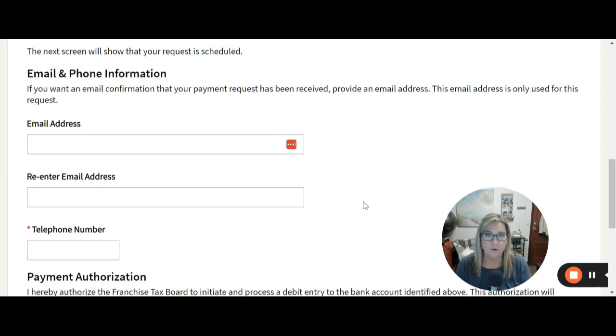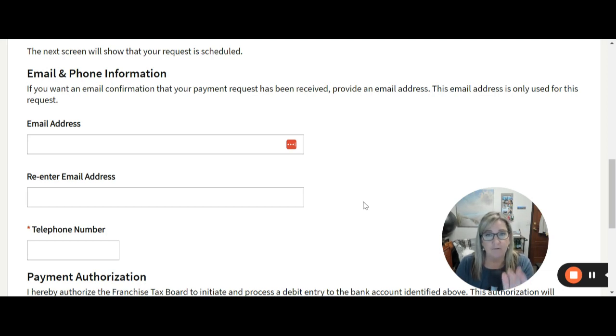Once you've entered your bank account information, it will take you to this screen. Now, I have scrolled down because all of my personal information is on the top of this page. So it will give you everything you've entered to confirm and review it before you hit submit. So nothing has been paid yet, but we want to make sure all this information is correct. So definitely spend the time to make sure that we didn't have any data entry errors and that everything reflects the payment and your business that you want to apply the payment to.